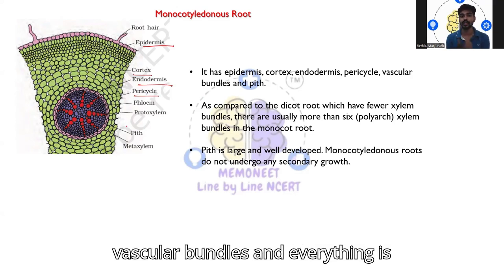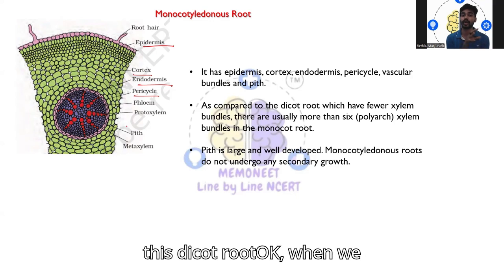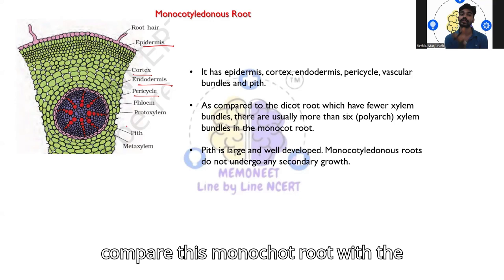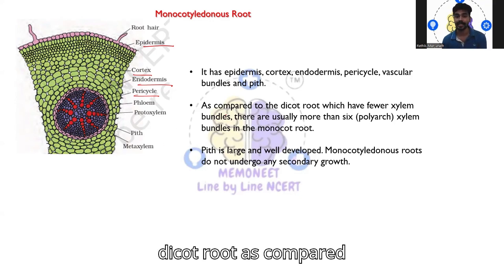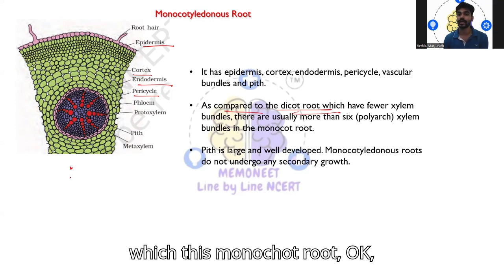It also has vascular bundles and pith. Everything is the same, but when we compare this monocot root with the dicot root,